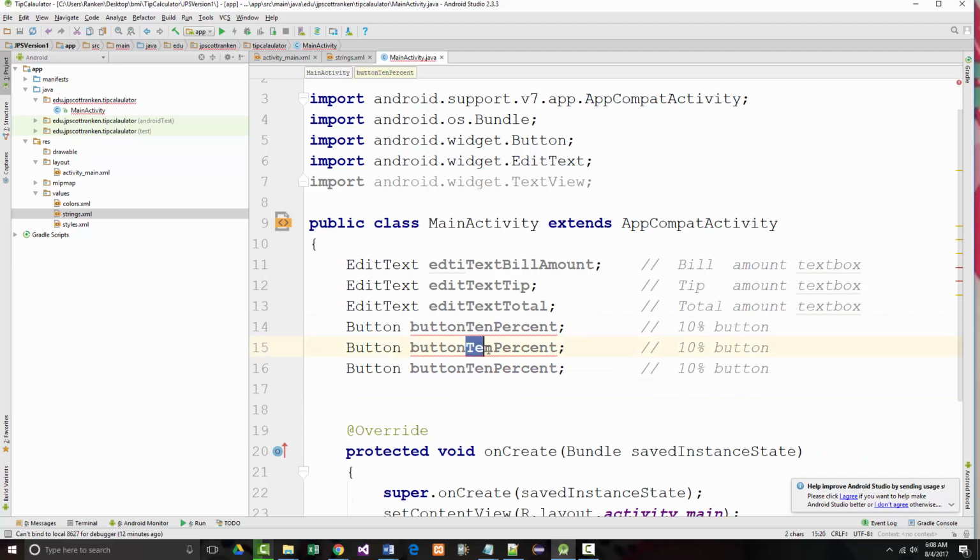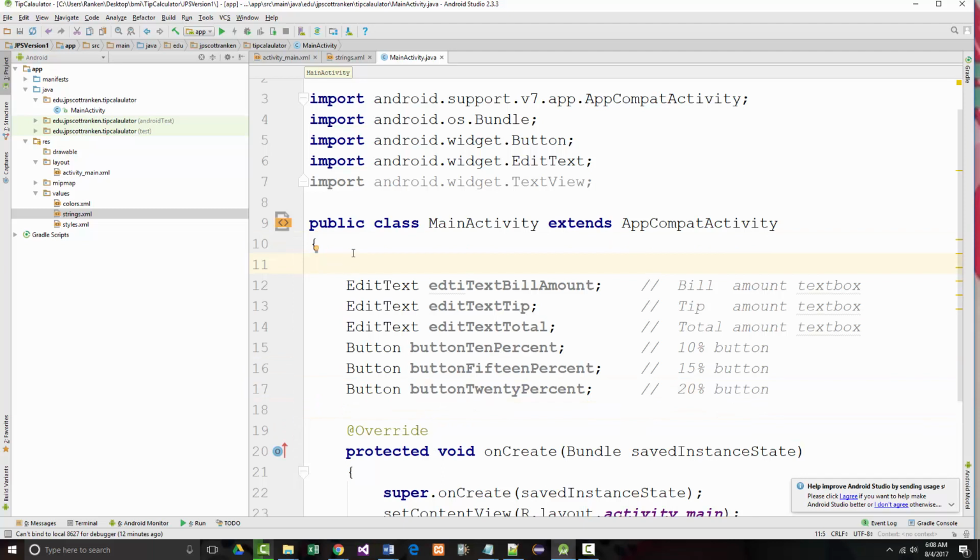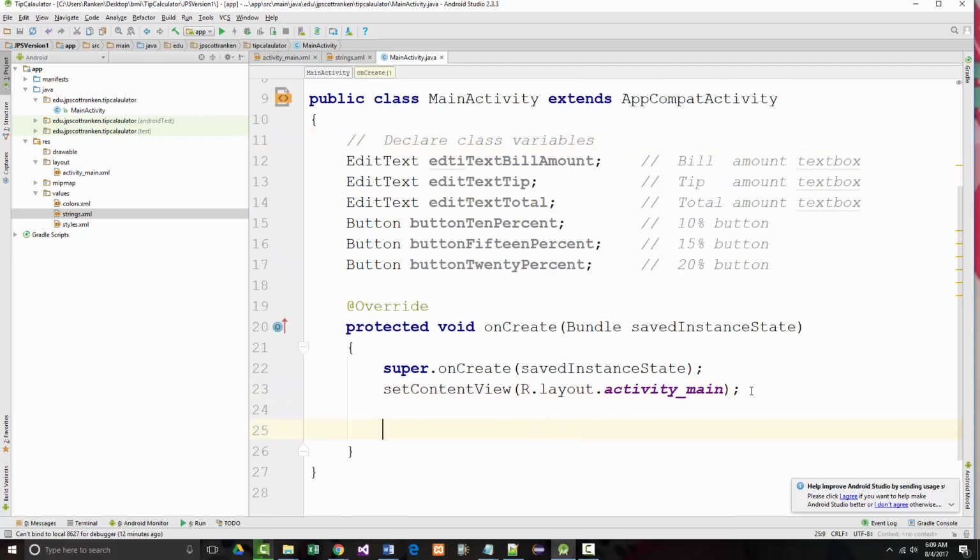So I want button 10%, button 15%, and button, I guess I'll keep that 20%. All right, so those are my setting up my variables. We'll say here declare class variables. All right, then in onCreate, one of the first things I want to do is